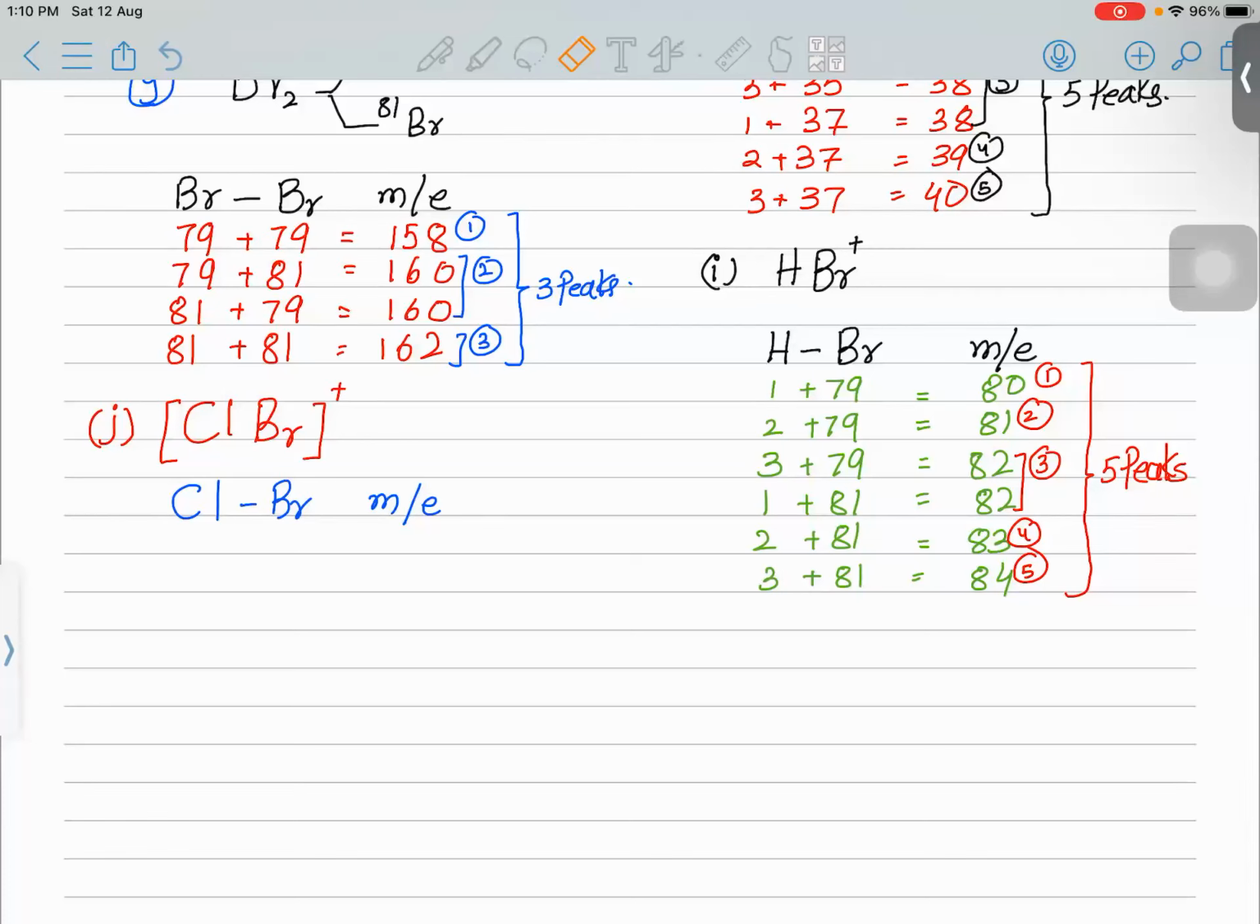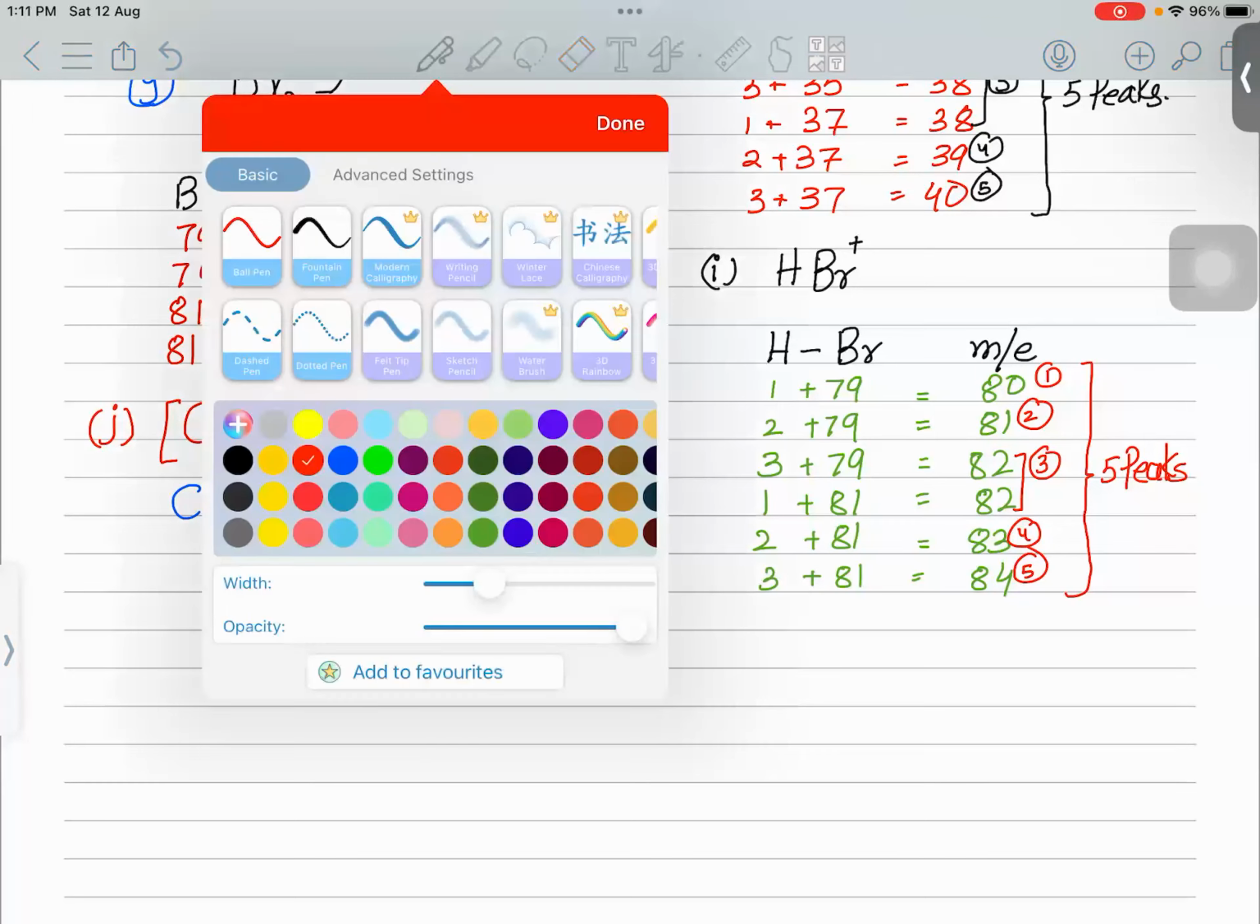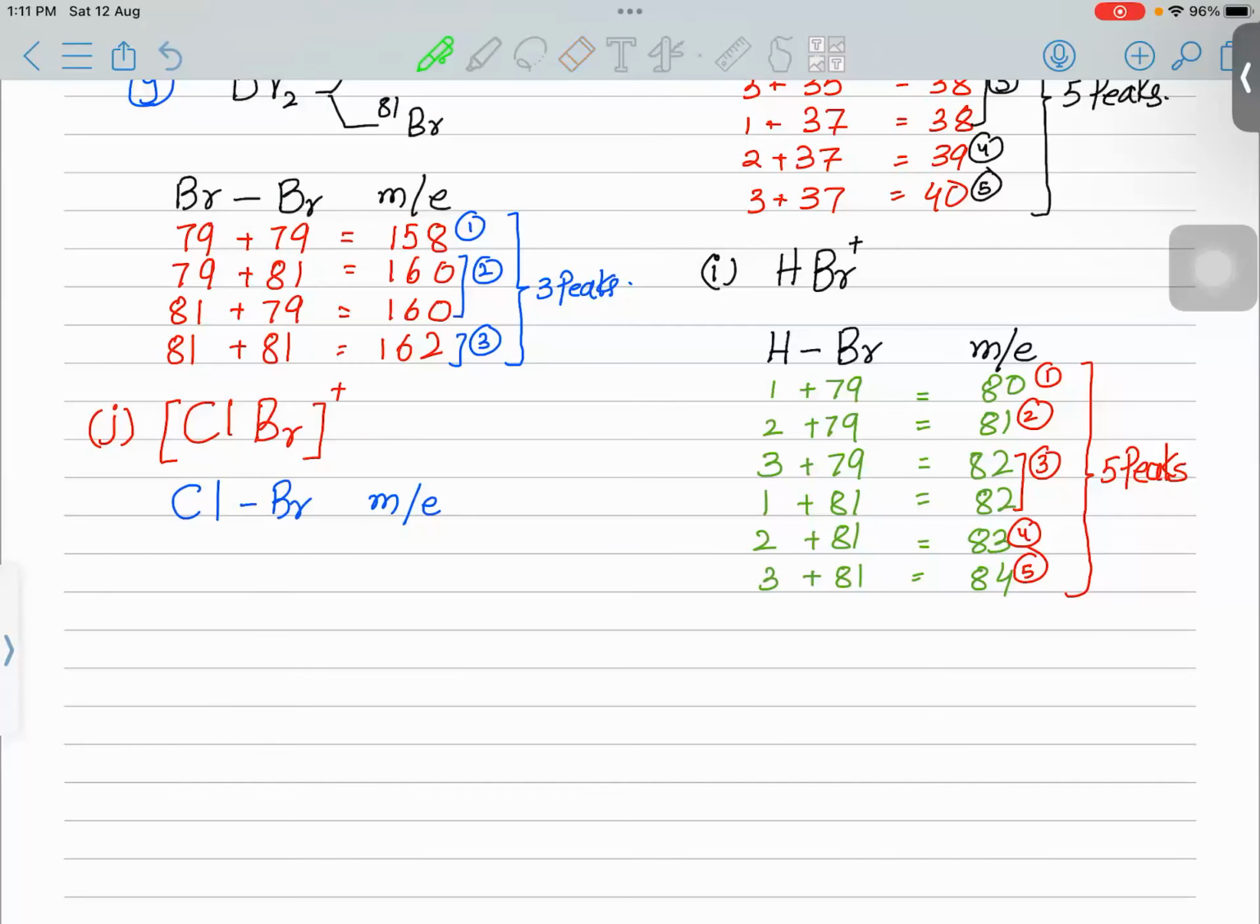So tell me, it's going to be 3579, then 3779, and then 3581, and then 3781. Very good. 3579, 3581, 3779,